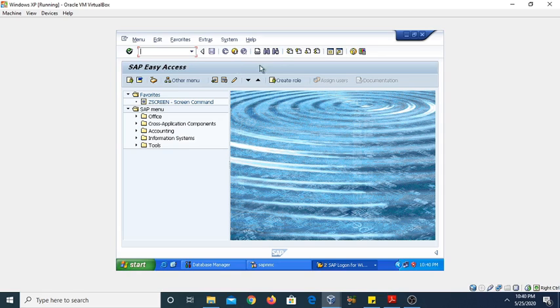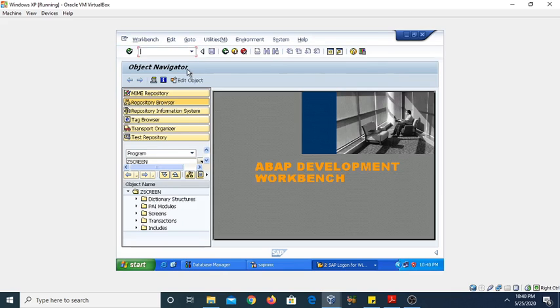Next one is our application toolbar. Above this application toolbar we have the GUI title. So this is a GUI title. You can see when we are switching from one screen to another screen, the GUI title will automatically change. This is a new GUI title, object navigator.